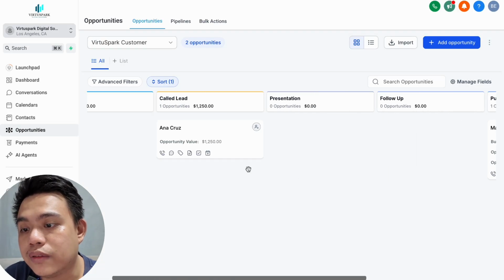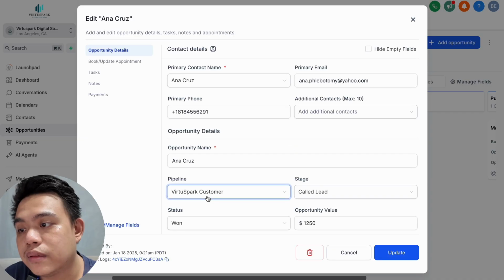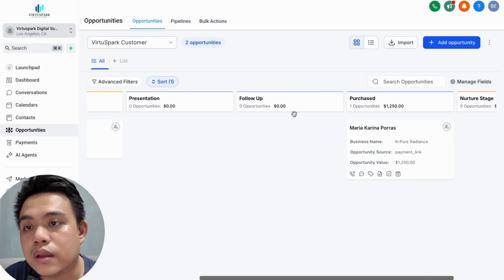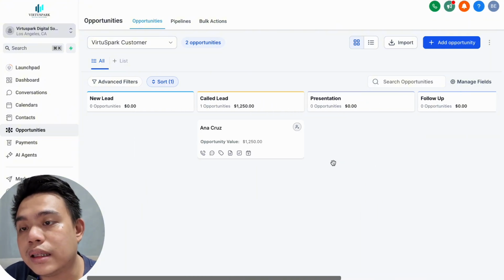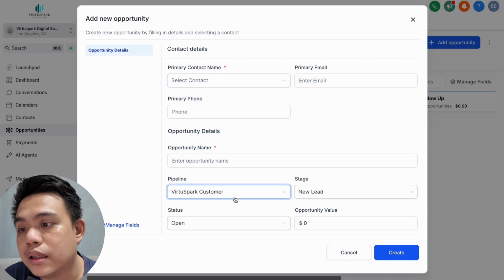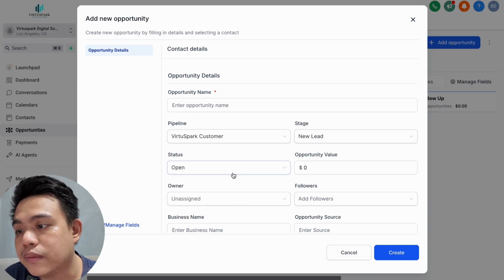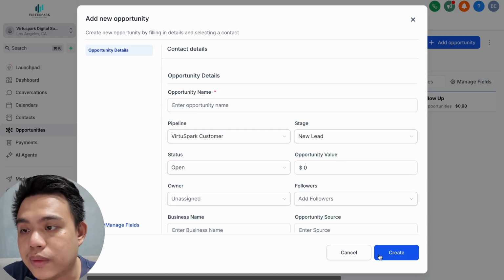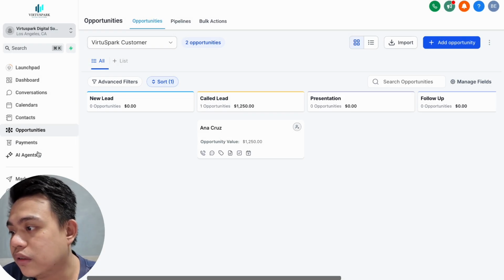You can change the value, then update it. This one is also 1 to 50. Now, if you don't see the leads that became sales here, you can add them as an opportunity. Then just set their status to 1. Then the opportunity value will also be added here in our pipeline. Okay? So going back here to my dashboard,